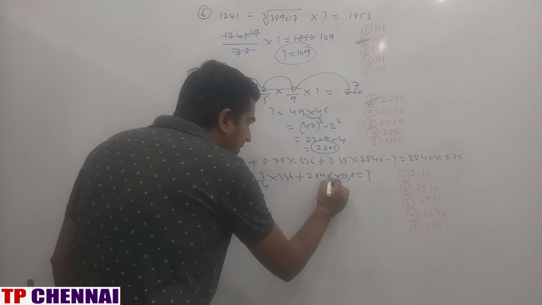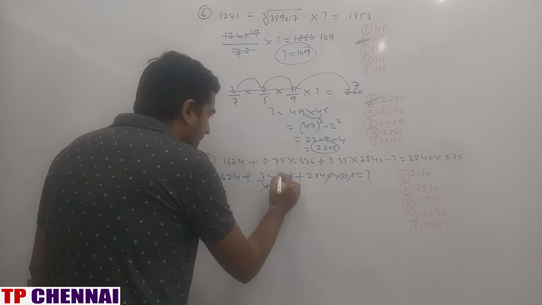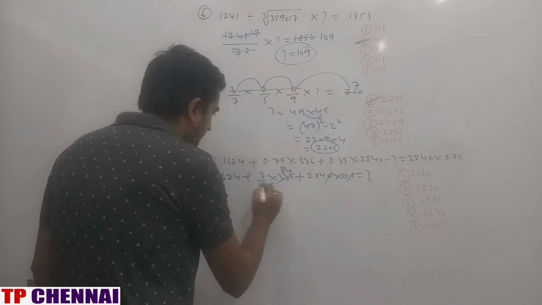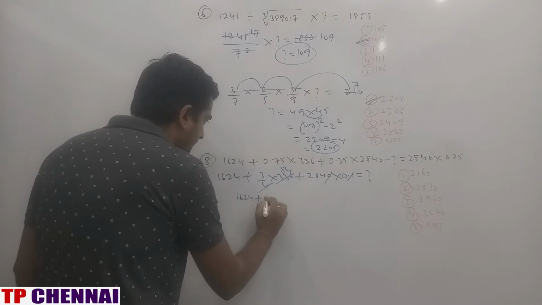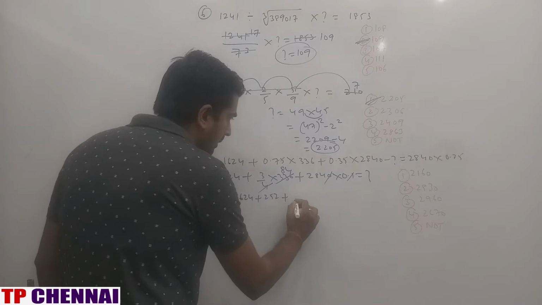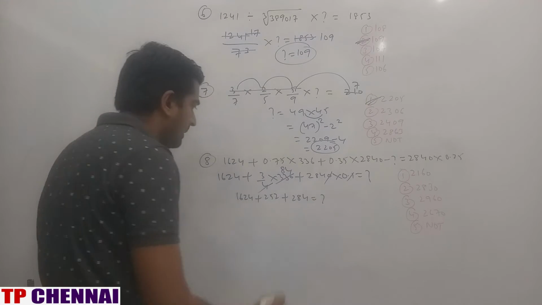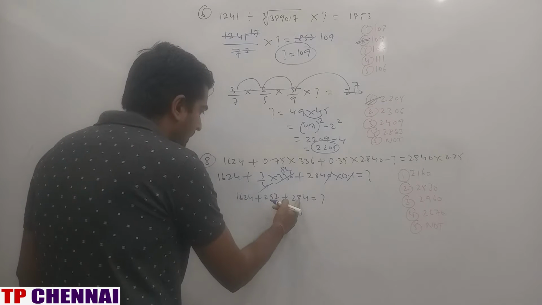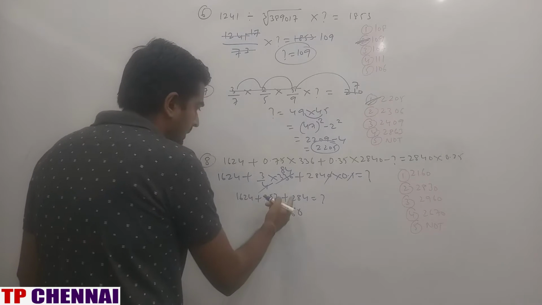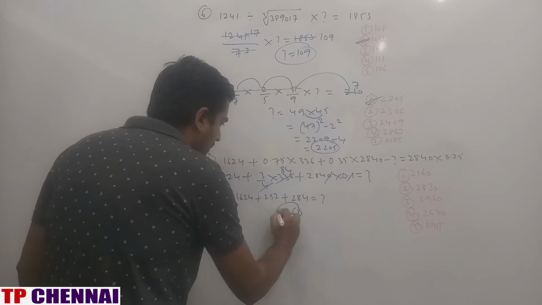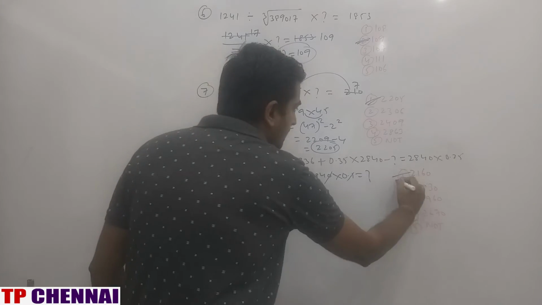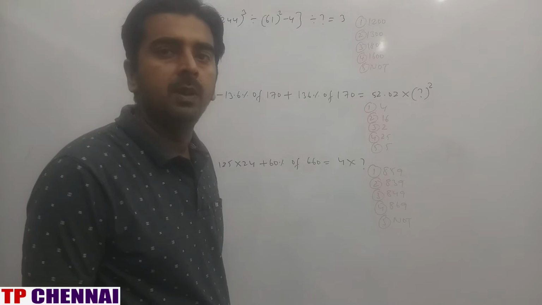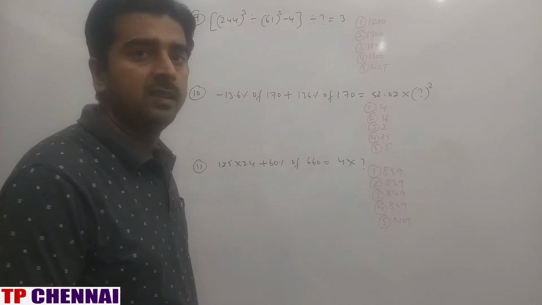This decimal is gone. So this is 4 9s are 4 8s are 32, 4 4s are, so 1624 plus 252 plus 284 is equal to question mark. 4 to 6 plus 4 10, 8 1 9, 5 14, 2 16, 3 5 21, 2160 is my answer, which is nothing but first option. So I hope you are clear with the previous simplification question. Now we will see next 3 simplification question.